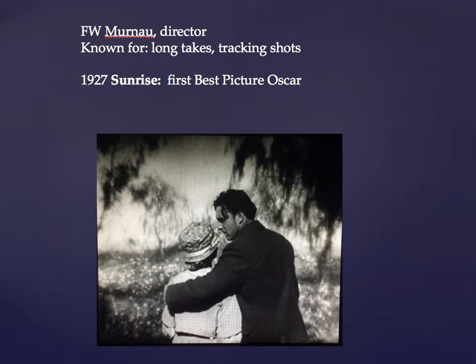Next up, we have F.W. Murnau in America, and the film is Sunrise from 1927, and it won the first Best Picture. It was a co-winner with Wings of the Best Picture Oscar. The complete film is right there online. I usually show the beginning, and I've got it marked out for you in the module, about 15 minutes or so, and then about another 5 minutes, and then another maybe 5 or 6 minutes, something like that. And you're welcome to watch the whole film.